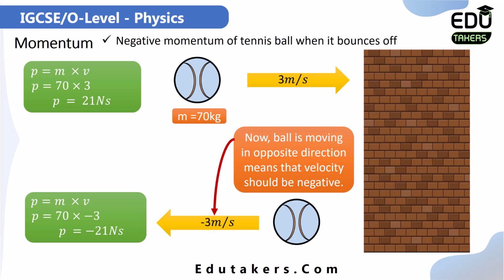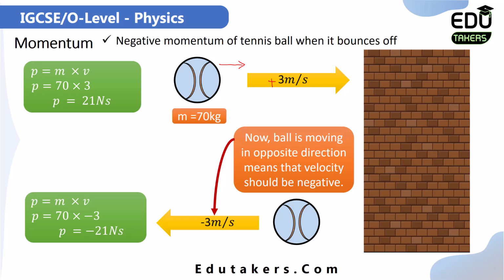There is a ball whose mass is 70 kg and it's moving towards the right with a velocity whose magnitude is 3 meter per second. First of all, I have to decide whether this velocity is positive or negative, because accordingly the momentum also has a positive or negative value. The ball is moving towards the right, and in the right direction the velocity has a positive value. That's why this value is plus 3 meter per second.